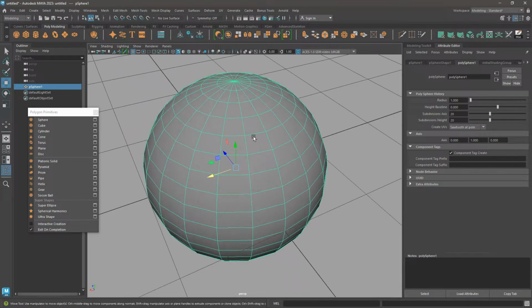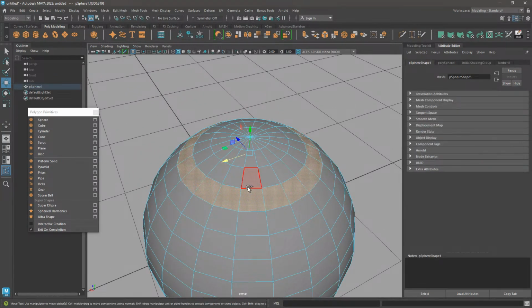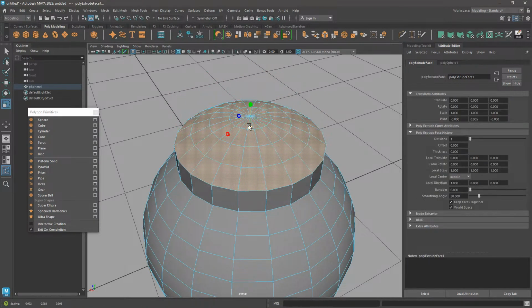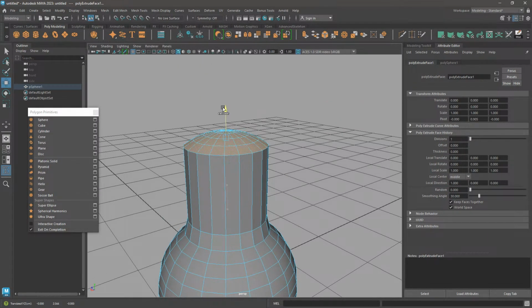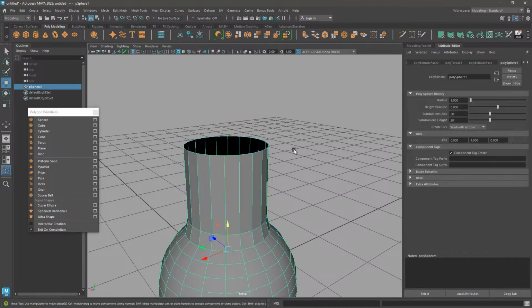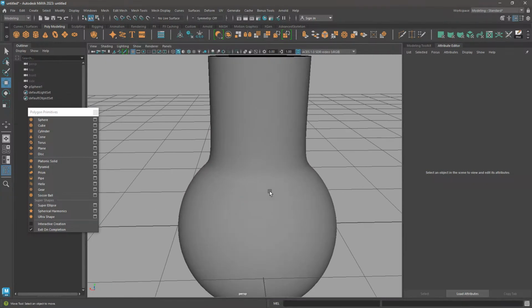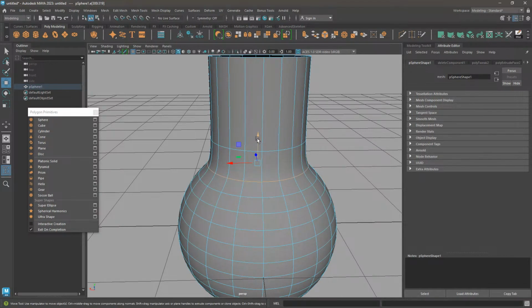shape into anything. Like if you want to make a flower vase, with this shape you can do it very easily. All you have to do is select them and extrude. I'm going to do a little scaling over there, then I'm going to do this and delete, and you get a flower vase, right? It needs some polishing, but I'm just trying to prove my point. Okay, so